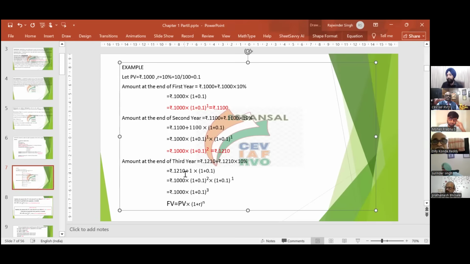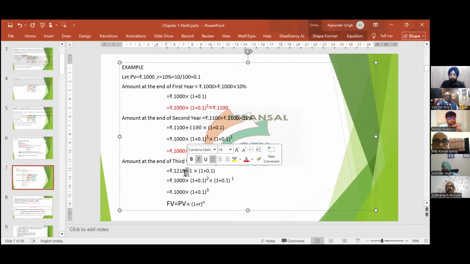And in the third year, interest will be levied on 1210. So 1210 plus 1210 into 10%. If you take 1210 as common, you will have